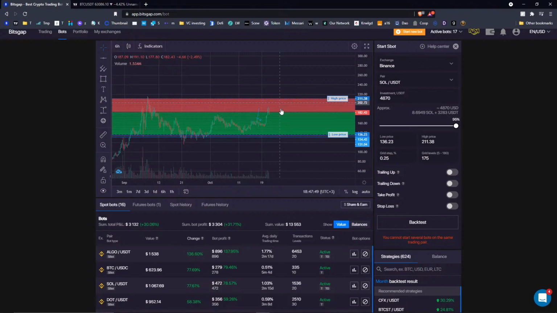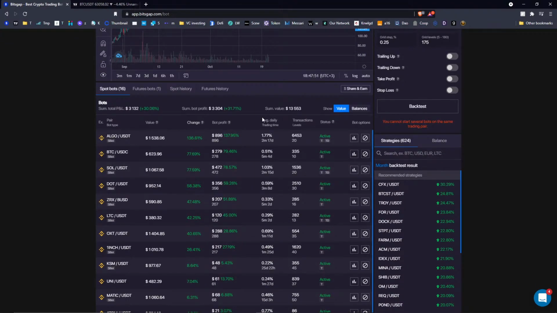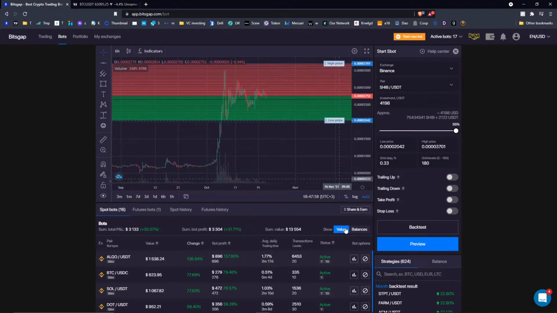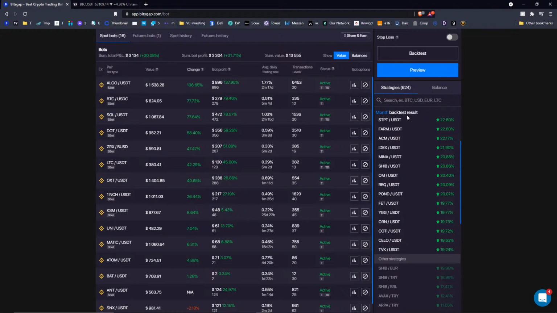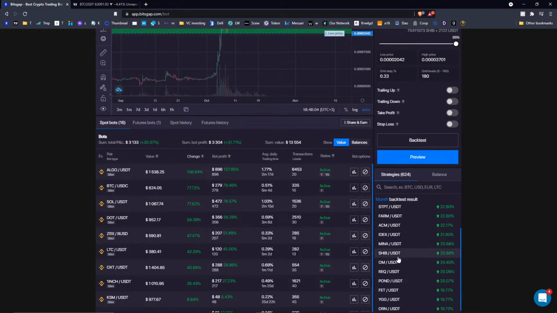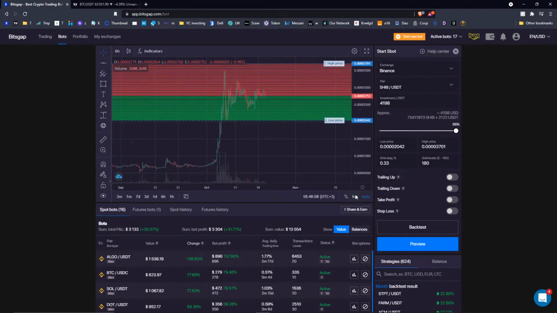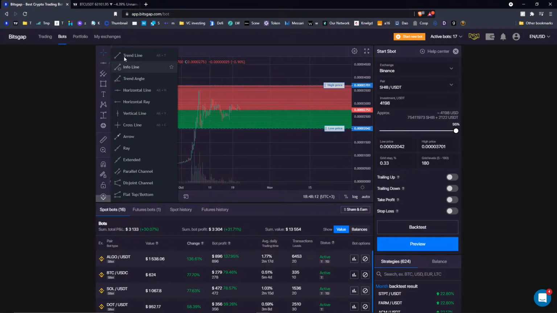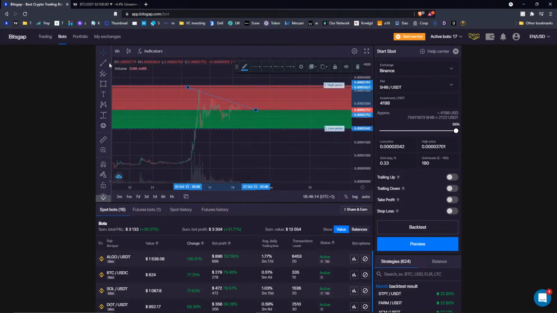And the thing is that even if you trade coins you're not familiar with, let's say I'm not familiar with Shiba, and somebody told me it's a good one, or maybe I just looked into the backtest results over here and I can see that Shiba has been performing really well, like 20.86% or something. Of course, I could also use technical analysis, and I would support these kind of things.